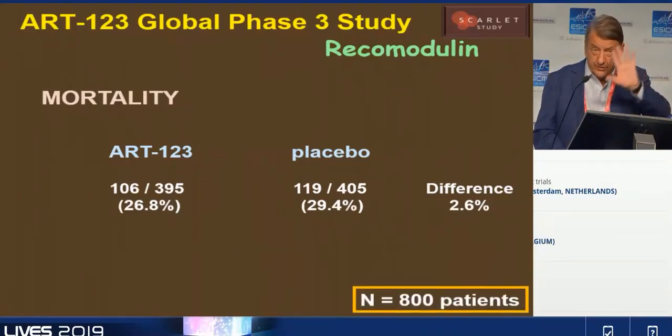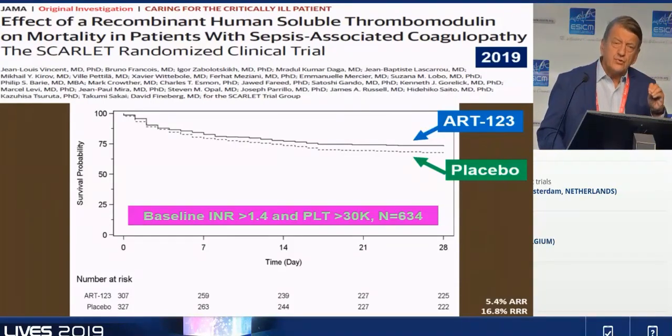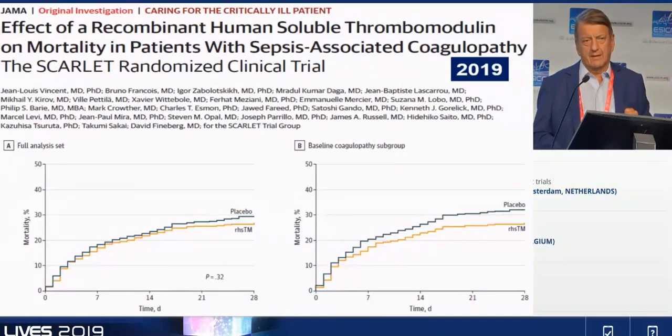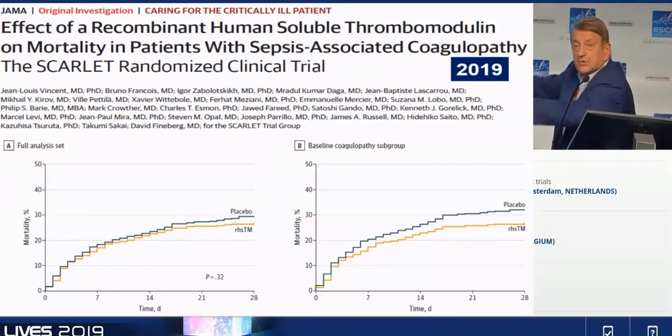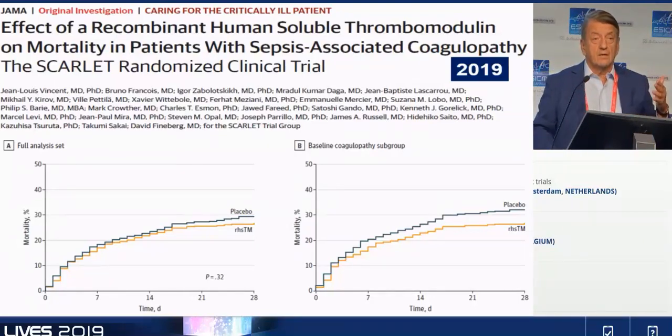But okay, once again, not sufficient to have a drug on the market. Now, what we did is to look at the patients who really had the coagulopathy at time of administration of the first dose of thrombomodulin. As you can imagine, you look at the inclusion-exclusion criteria. Okay, the patient can go in the study. We continue to treat the patient as we go to have the informed consent. We prepare everything, and sometimes patients no longer met these criteria, but they were in the study, they